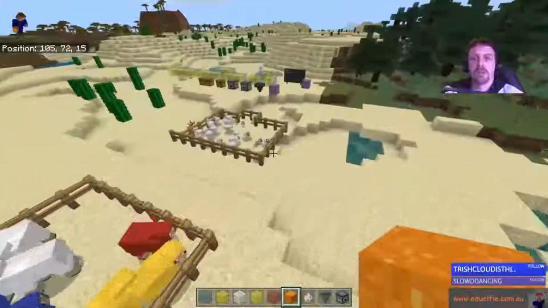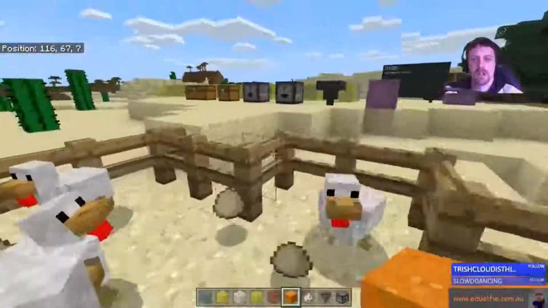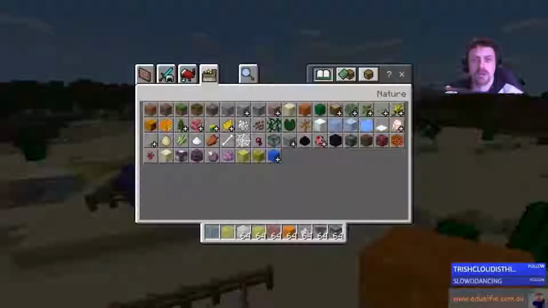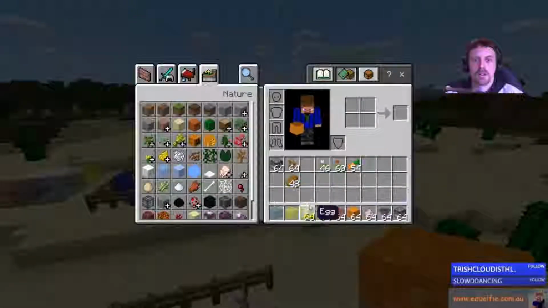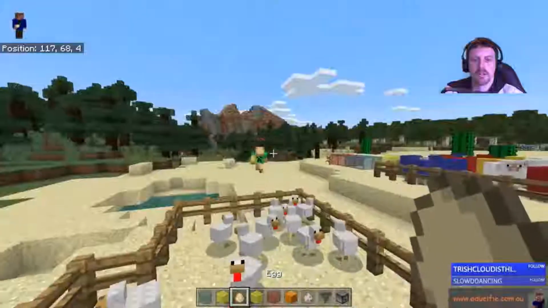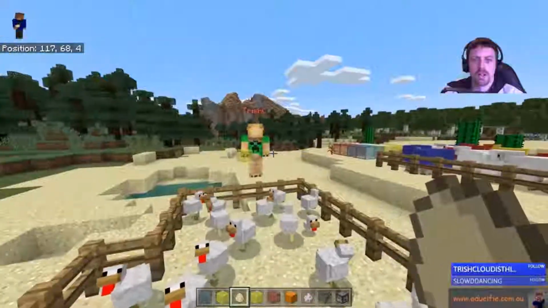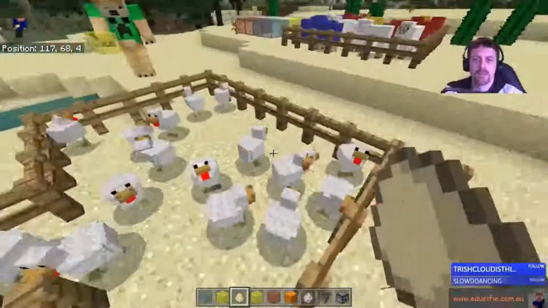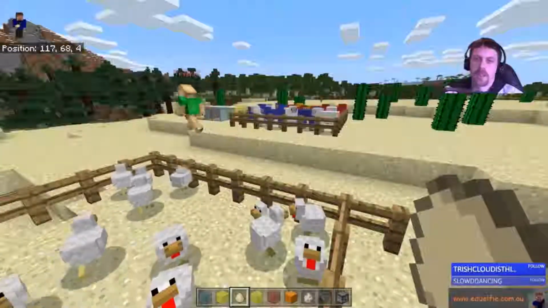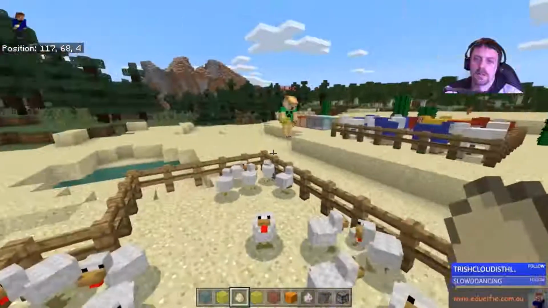So what were you thinking with regards to the chickens? Were you thinking after 5 minutes we come in here and see how many chickens have laid an egg? Is that what you were going with? Yeah, I was wanting to know, have they laid any eggs? I got 10. I picked up 10 eggs out of 16. All right. So your chickens are laying eggs.